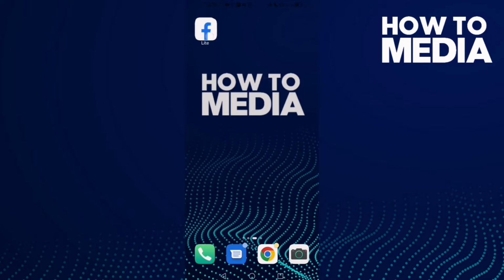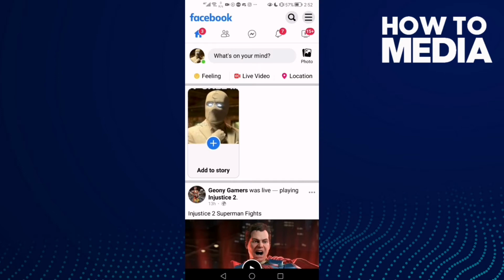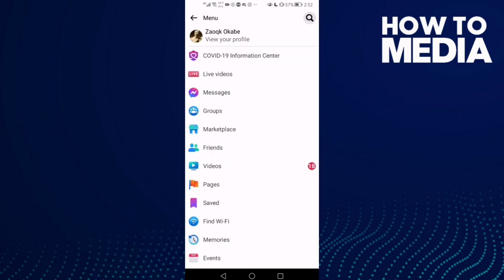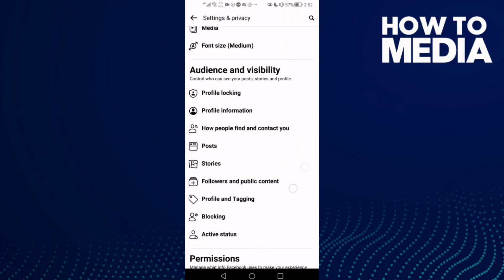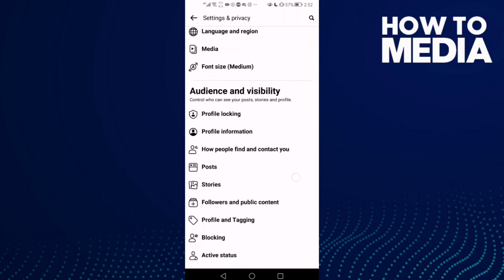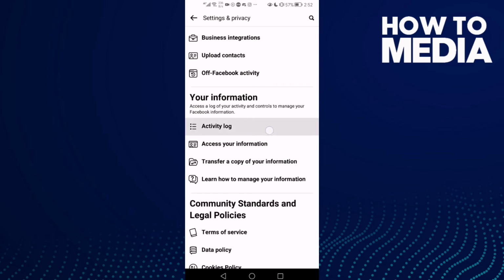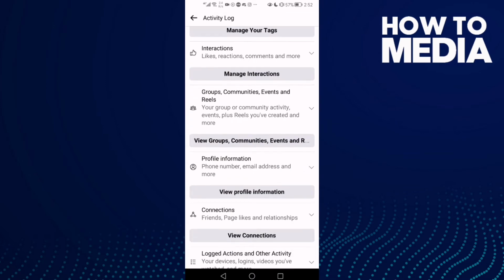First thing, go to Facebook Lite. Here you will find these three lines in the top corner. Click on it and then click settings, and here just go down, you will find activity log, and now just click